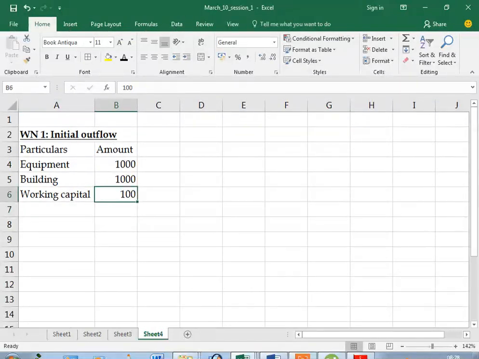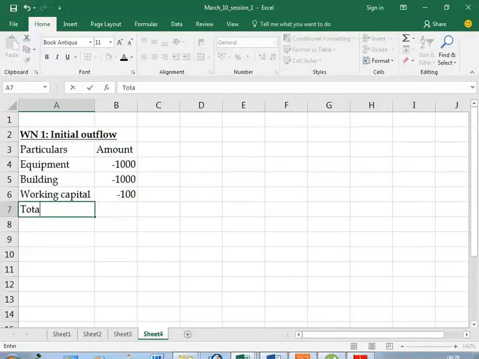See, cash is also blocked only. That is money which is blocked. Initial outflow first. It will come in initial outflow, then it will come in terminal inflow. So today it's an outflow. After 4 years, it's an inflow. So total outflow,